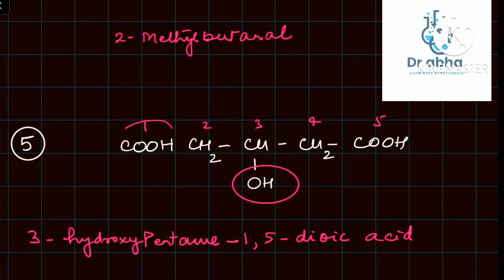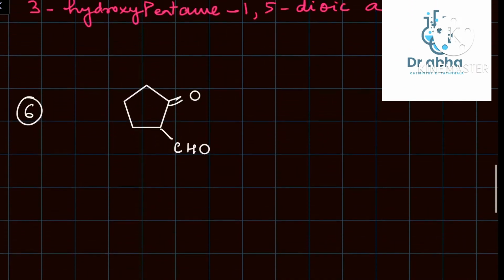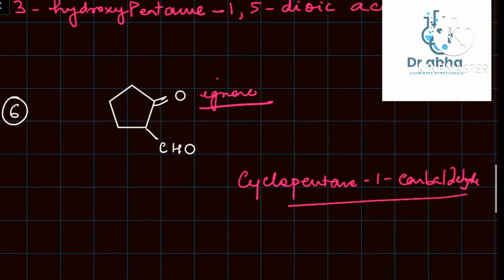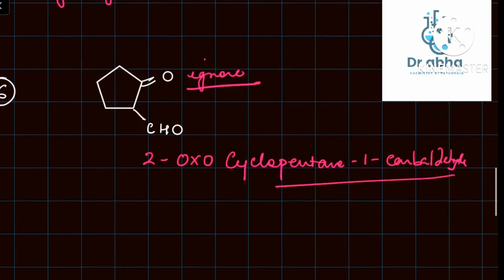So if the same functional group occurs more than once, we can always take it in the main chain. This I have taken a cyclo compound. This is a cyclic compound with CHO. So if you ignore this for the time being, it becomes a side chain. So the name is going to be 5 carbon cyclopentane, and on 1 we have carbaldehyde, which is the suffix name for aldehyde. Cyclopentane carbaldehyde, and on 2 we have the prefix name for ketone, that is oxo. So 2-oxocyclopentane carbaldehyde. Okay.